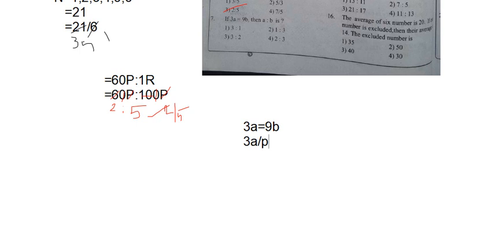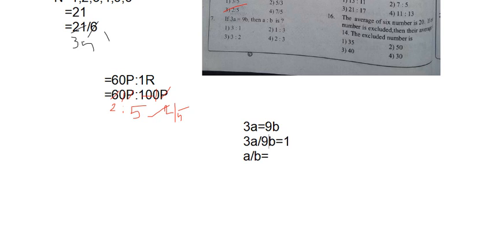Now tell me, guys, can I write like this? Yes, I took this 9b from the right side to the left side, right? 3a by 9b, here nothing is there, that's why I wrote 1 here. Then next, just see that a by b is equal to, I think this is 9, no? Okay, 9b, very good.